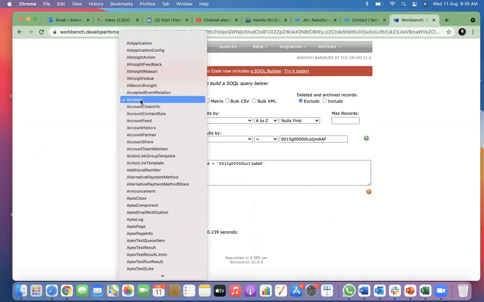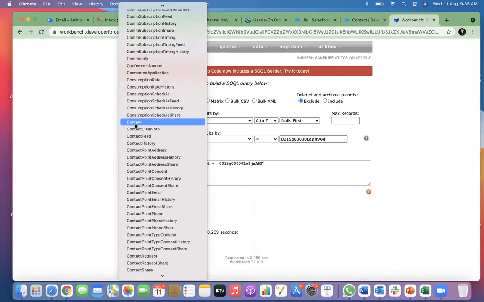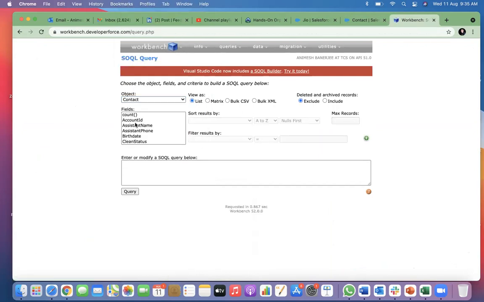Now let's go to the contact. Here you see, I will also select the ID field from contact.